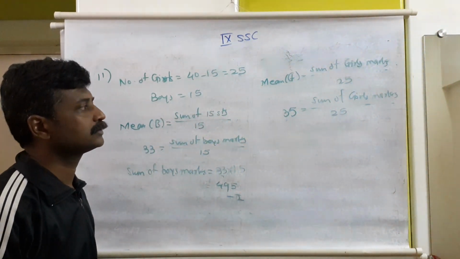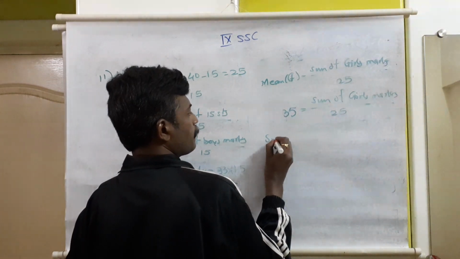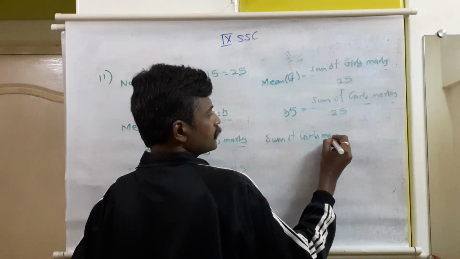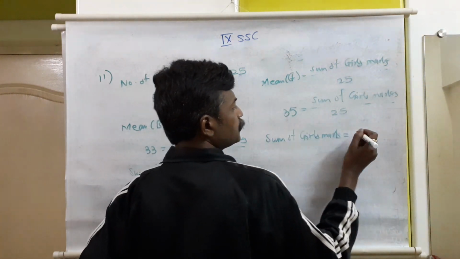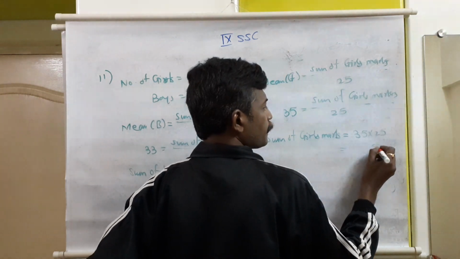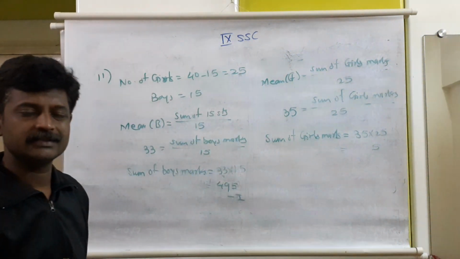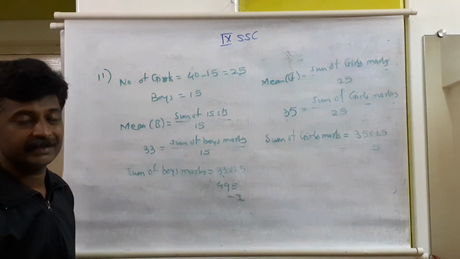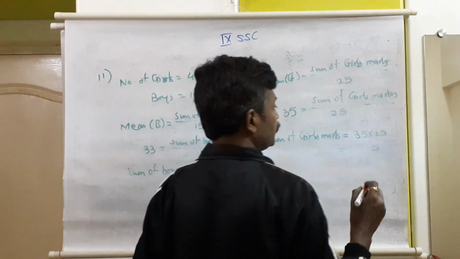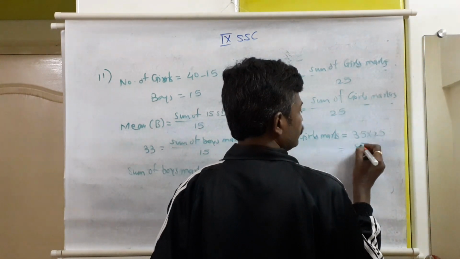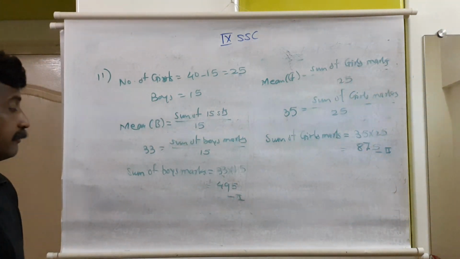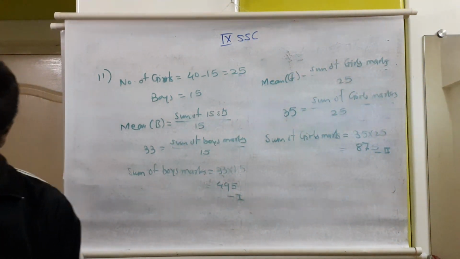So if you want to find the sum of girls' marks, the sum of girls' marks is equal to the product of these two, 35 into 25. So it comes 25 5s are 125, so 5 carries 12. 25 3s are 75, 75 plus 12, 87, 875. Equation number 2. So this is the sum of marks of boys and that will be the sum of marks